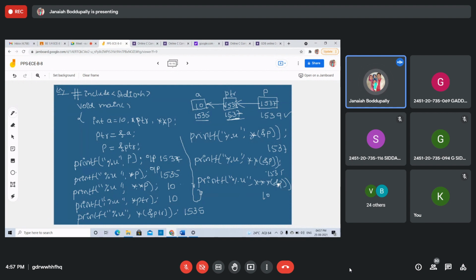The output is 10 because this ampersand p is 1539, and star ampersand p is 1537. Star ampersand p means, what is the value in 1537? 1535. Again, 3 stars and ampersand p: what is the value at 1535? 10. That's it. All of these are continuation; students understood. The address may not be 1537 there, the address location may be different.